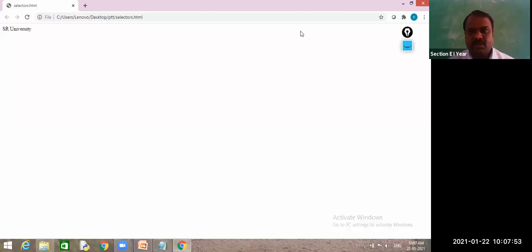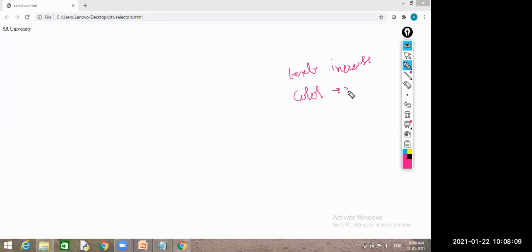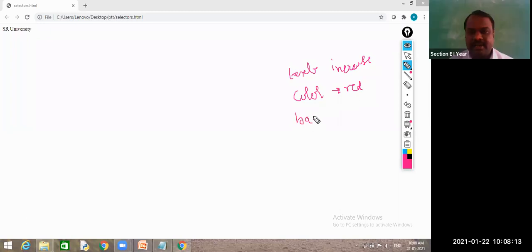So what are my requirements? The text size is increased, the color of the text is red, and its background color I want to change to green. These are all my requirements.